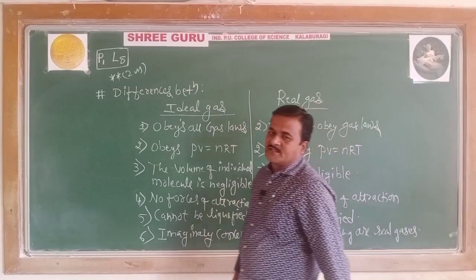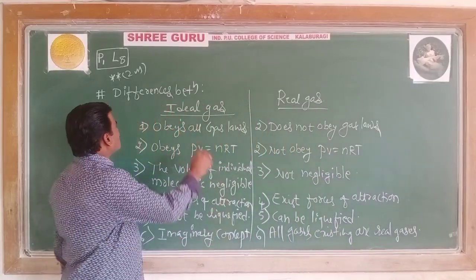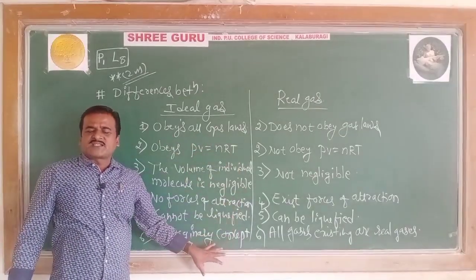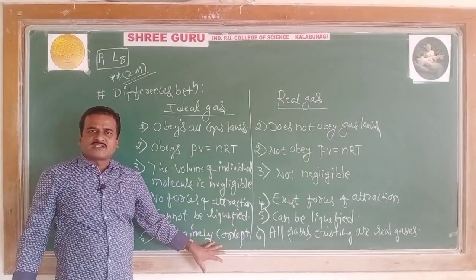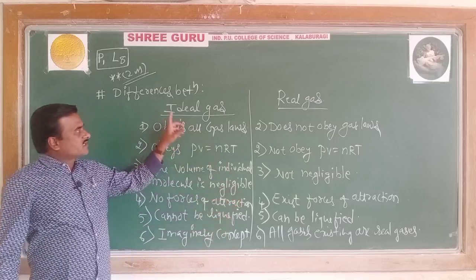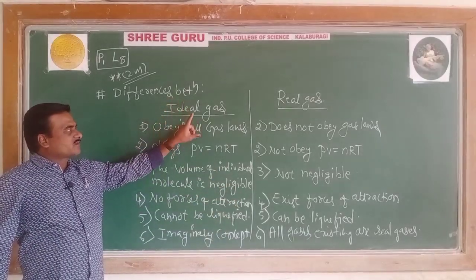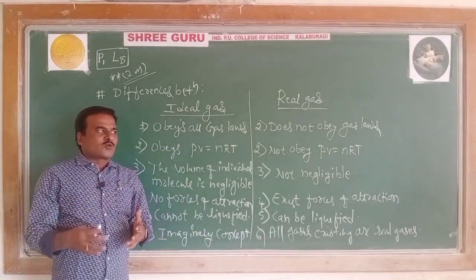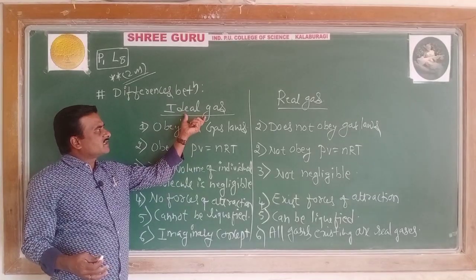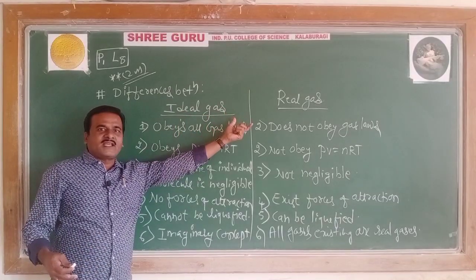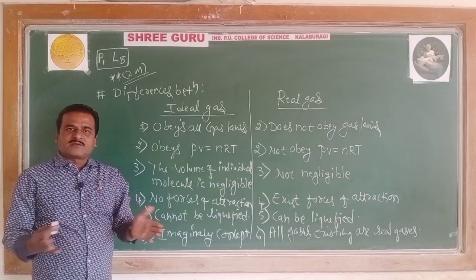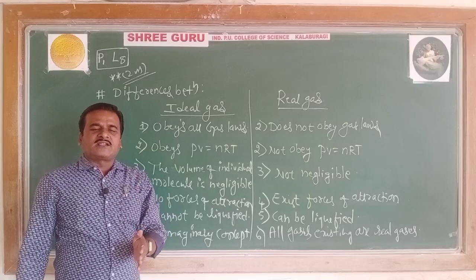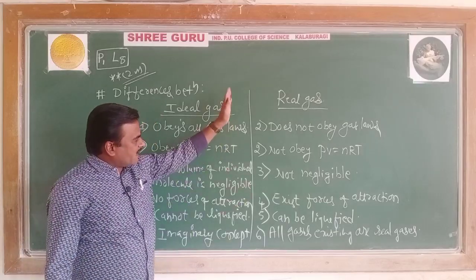This is the part with a weightage of 2 marks, which has appeared many times in previous annual examinations in the first PUC, under the heading differences between ideal and real gases. You may also get a question like what are ideal gases, or what are real gases. A question may come in another form also. But whenever distinctions or differences are asked, you are supposed to write column wise.